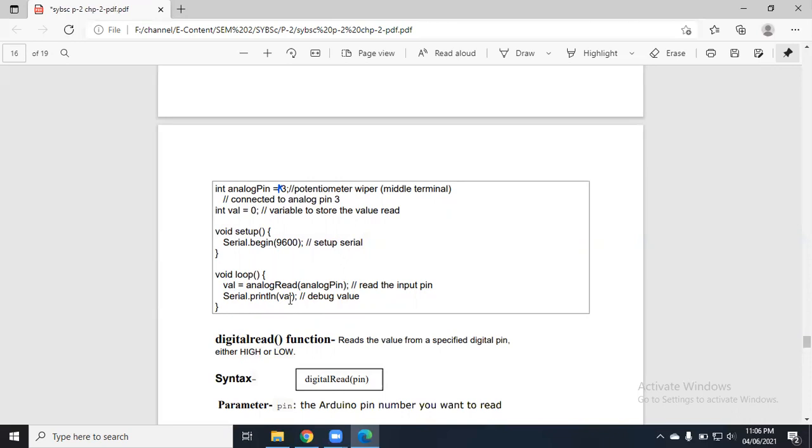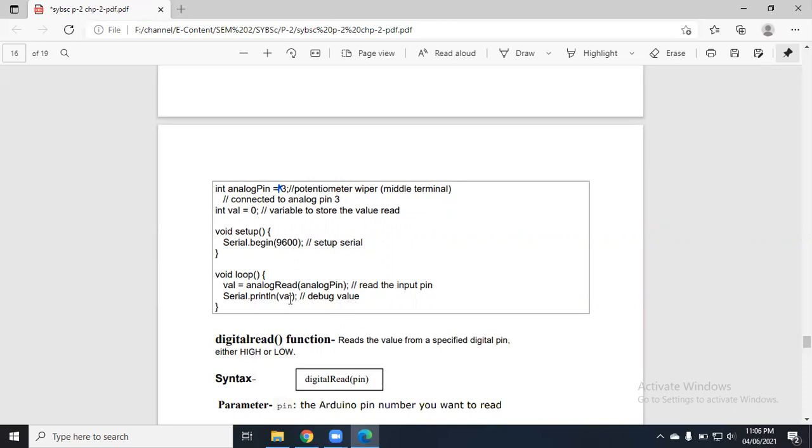Now I'll explain this program in a simpler manner. First, you have connected a potentiometer to your Arduino. That potentiometer gives an analog signal. The output of the potentiometer will be an analog signal, but your Arduino is not able to understand the analog quantity. It needs the quantity in digital format. So you will store that value somewhere and convert that value into digital format. Here we are just storing the value and printing the value. We are not converting into digital format.